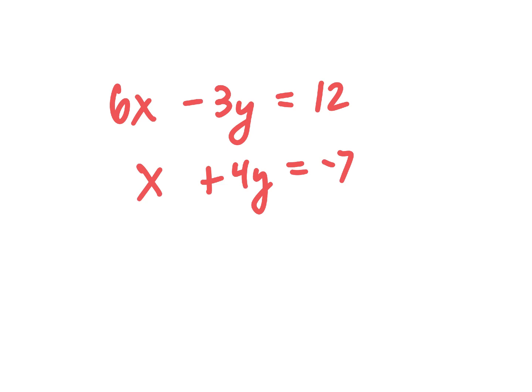Okay. Strategy. Do you get if I add straight down, nothing's going to cancel? Next thing. I know some of you are like, I'm going to multiply the bottom by negative 6. It's not actually a bad idea, but here's the thing. On the test, we can tell you, you must use this method. And so I'm going to do that now. I'm going to say, you have to use substitution. So you can't just go multiply the bottom by negative 6 and make stuff drop out. That would have been elimination. So if I have to use substitution,